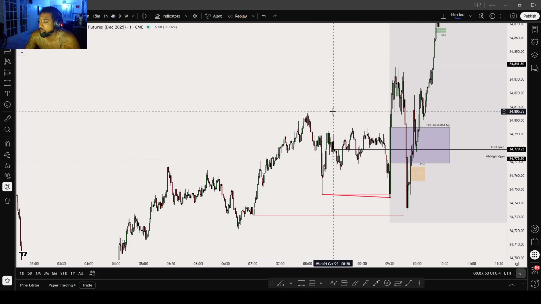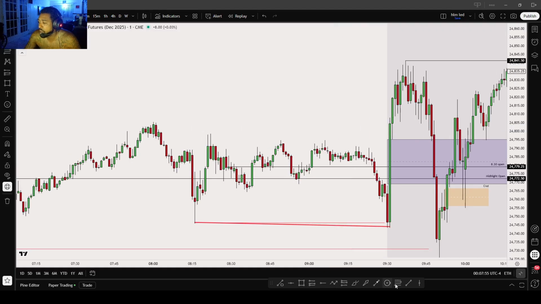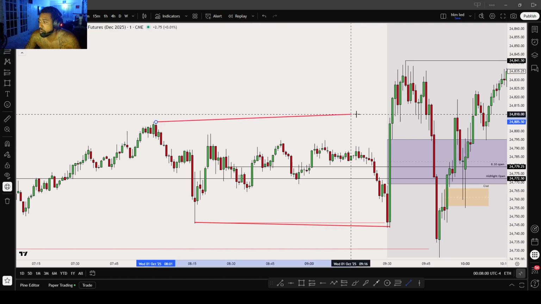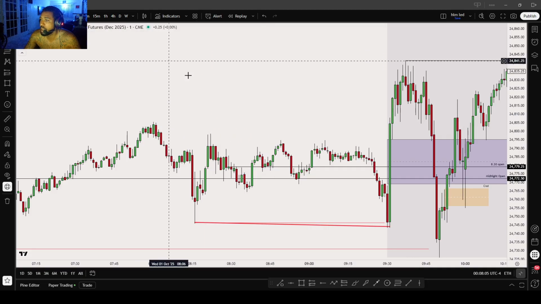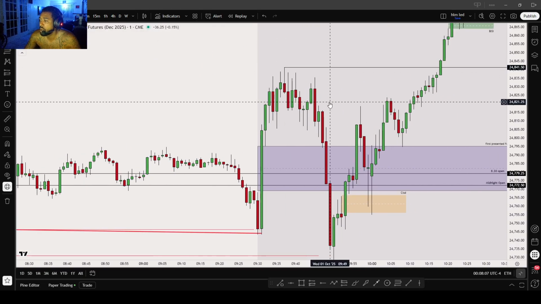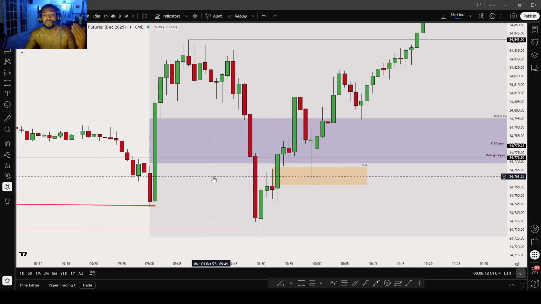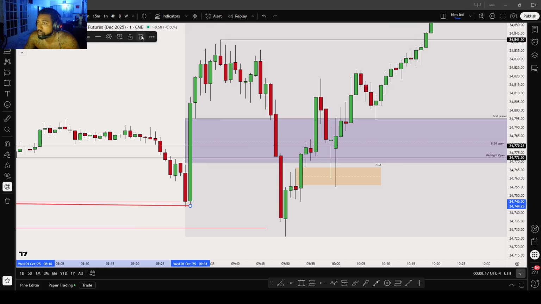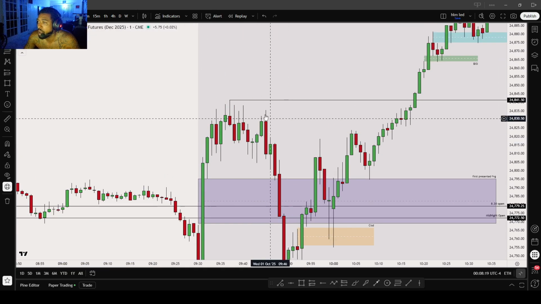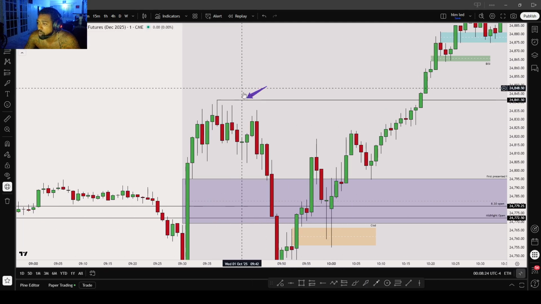And then you see it immediately ran up and took out this buy side that got generated right here. Boom. So after that, we generated these new highs right here, and then we came back. This purple zone is the first presented fair value gap, the first one that got created after 9:30. So we come up, we come back down, we leave these highs. You see how we generate these highs right here. That's how I knew we wanted to come back.